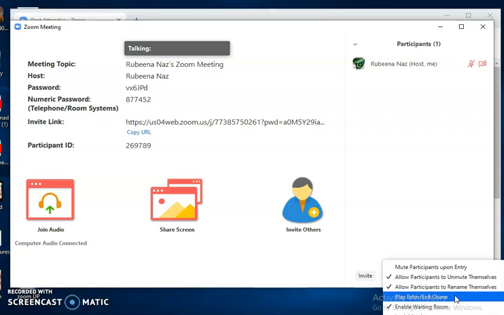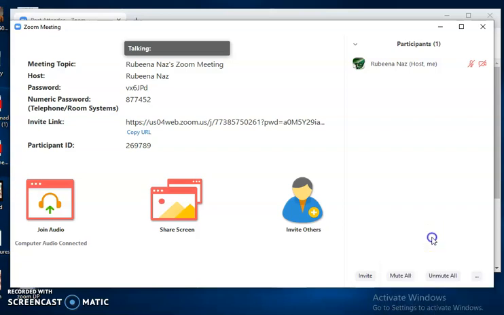Then play entry or exit sound, and in the end there is enable waiting room. When participants enter, you can allow them, and then they will be able to come into the meeting room.